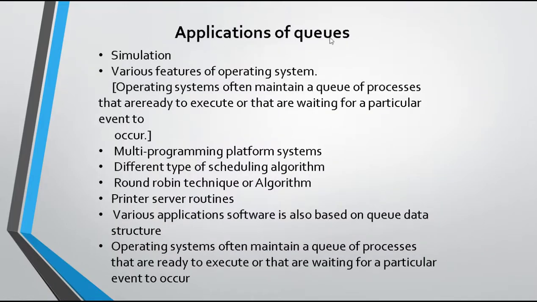So we studied the queue and different operations on the queue. We know the meaning of queue and the operations of queue. NQ and DQ are the most important operations. NQ means the element is inserted at the rear end of the queue, and DQ means the element is deleted from the queue.